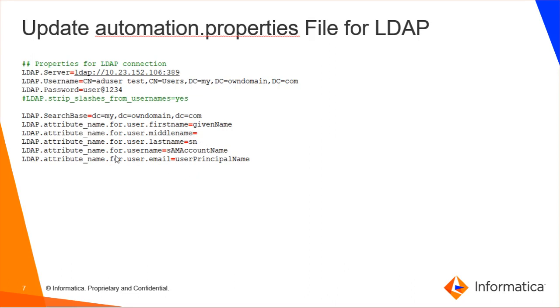The next attribute is for the username. Based on this LDAP attribute, the user in MDM Hub will be created. If you want to have an email address for that user, then specify user.email, else you can leave it blank. These LDAP properties and the above MDM connection properties are common for both synchronizing the LDAP users to MDM roles and to MDM groups.